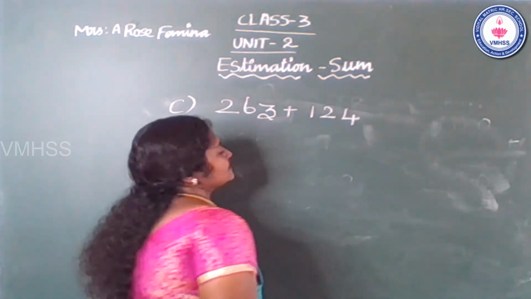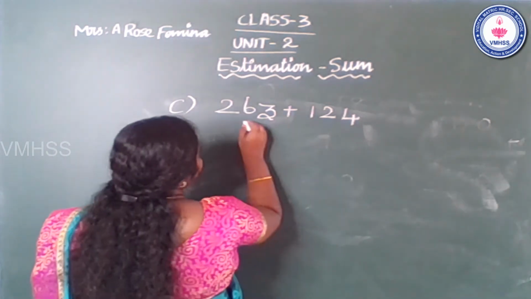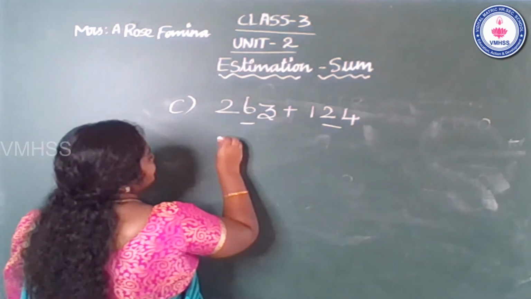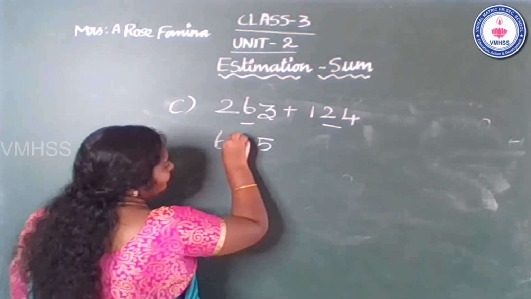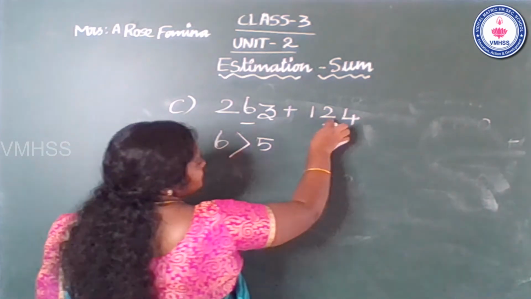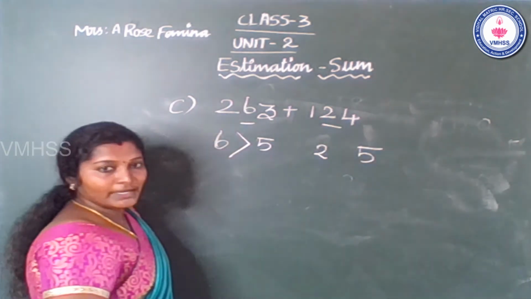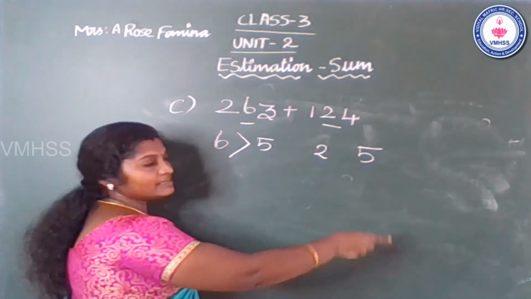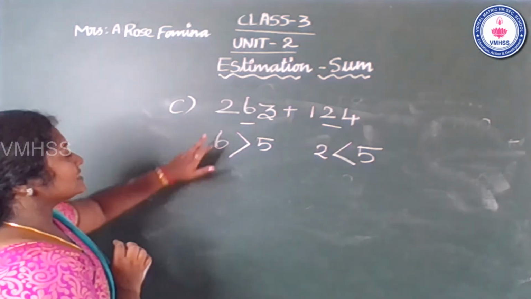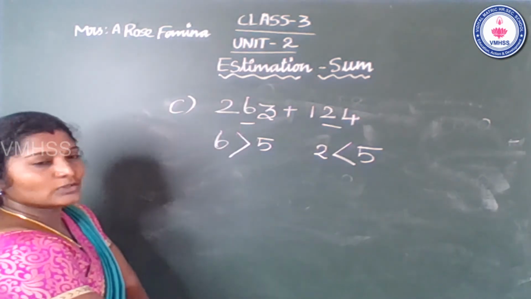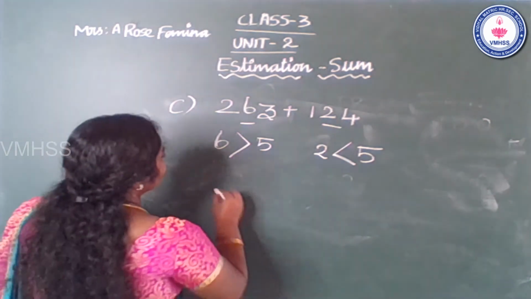124. Okay. So what is the first step? Very good. See the tens place. 6, compare with 5. So 6 is greater than 5. Okay, this number is 2. So 2 compared with 5 is the lesser number, so 5 is the greater number. Okay. So 263, round up the value. Which number is the correct value? Very good.